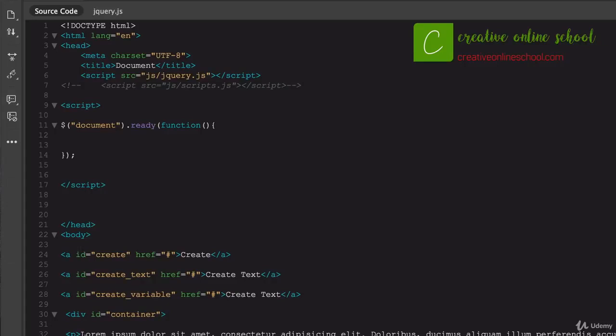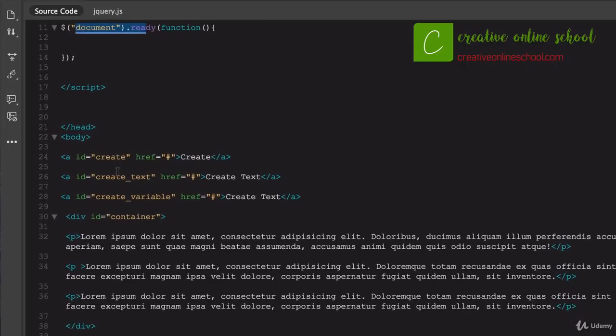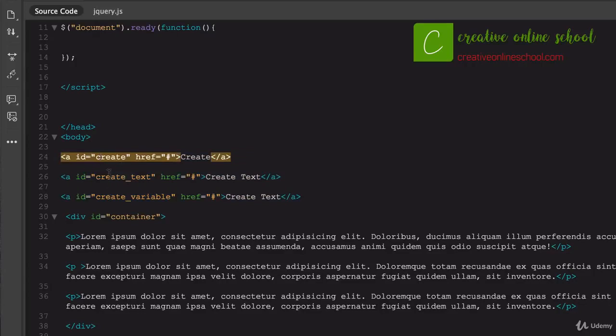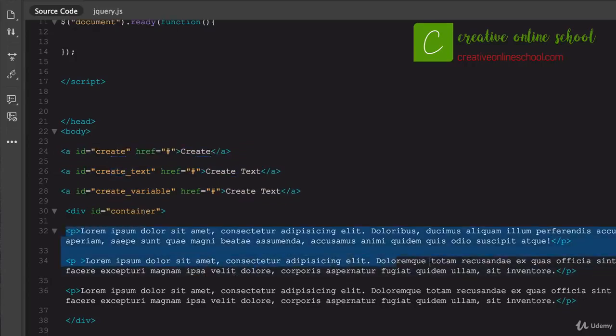the whole time. What I've done is created a document, and we have our basic jQuery that we always link to, the basic opening document ready function, which we always use. Down in my body area here, within the body of the page, I've created 3 links. One that says create, one that says create text, one that says create variable, but with different IDs. These IDs are what we will be targeting from the jQuery. I got create, create text, and create variable. So all that I have down here targeting these 3 paragraphs is what we'll be using, and all within the